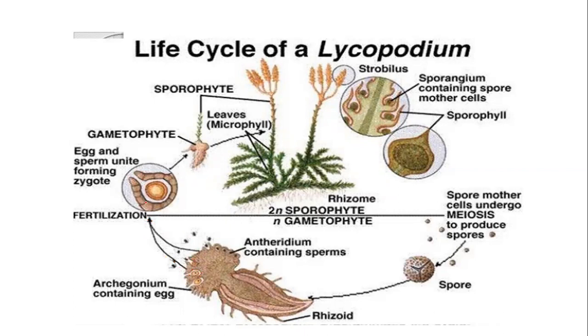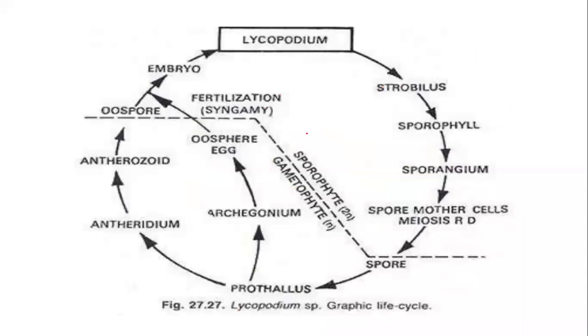So you can see here, this is the archegonia, and within the venter you can see the egg cell, which is going to be fertilized by this antherozoid, and it will form a diploid zygote. Okay, this is a diploid zygote which is formed within the venter of the archegonia. Now this zygote will undergo various divisions and form the mature sporophyte. Okay, right. So you can see this is the complete life cycle of Lycopodium.